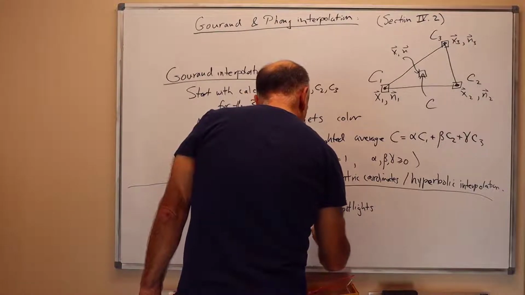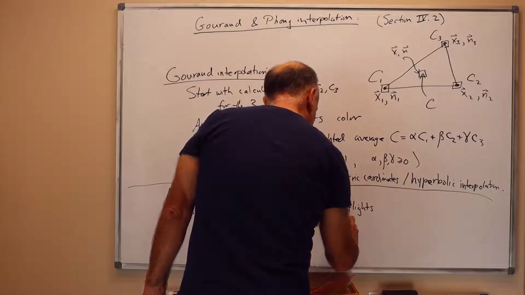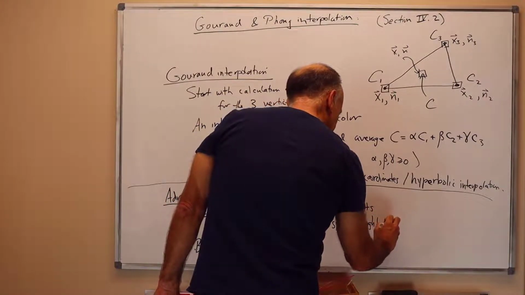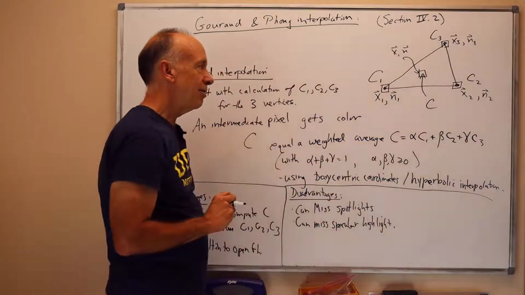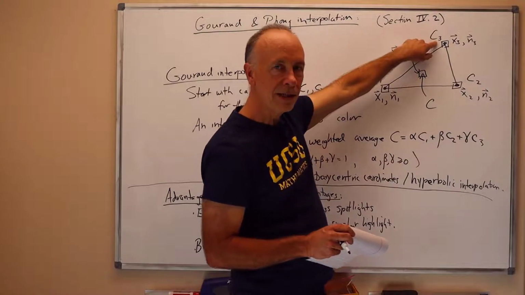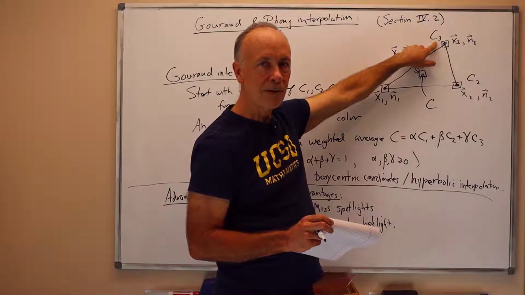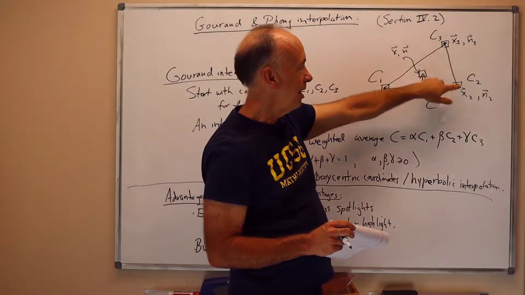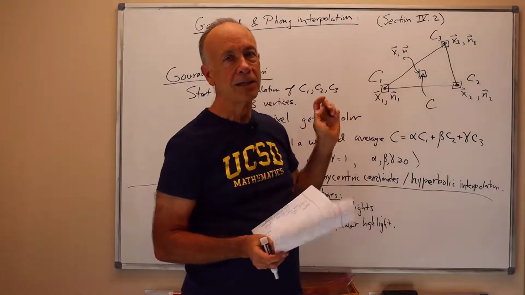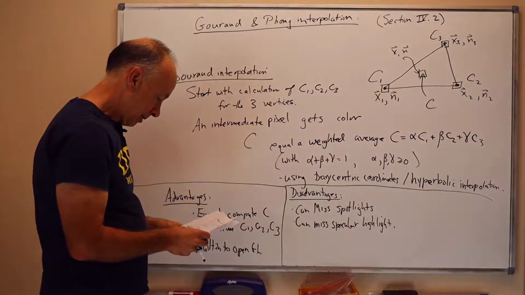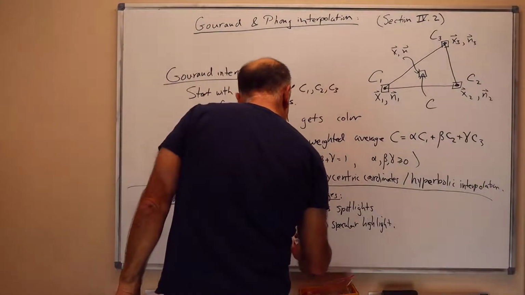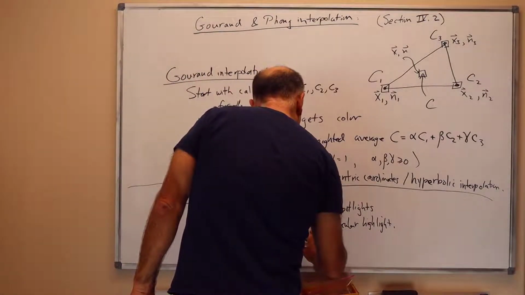You can miss specular highlights. So if you have a small specular highlight, it might be located primarily in the center of a triangle, and you just wouldn't see it because when you do the Phong lighting calculations for the 3 vertices, they would not be inside the main part of the specular highlight, so we wouldn't get the specular highlight at the vertices. When you average across, you still wouldn't get the specular highlight there. So you can miss specular highlights, you can miss spotlights, and it can also, in general, look very bad